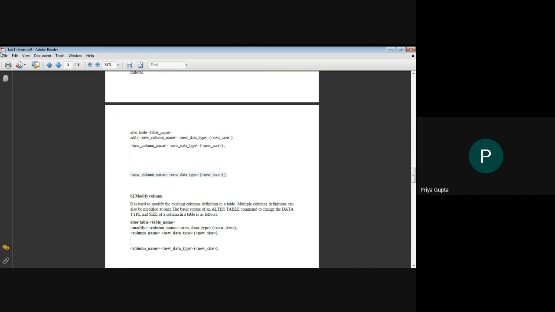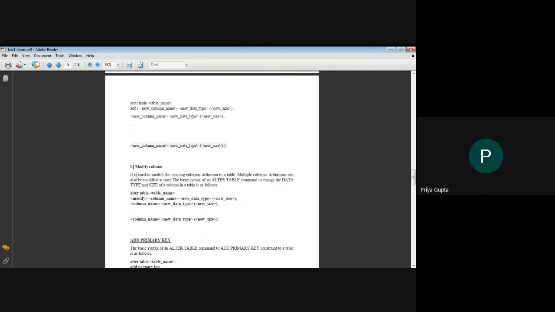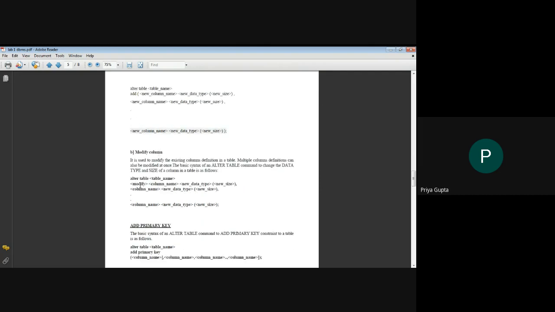Second type is we can modify a particular column. I'm having the middle name and I want the middle name to be renamed as the last name. Then I can use modify column, then I can use alter table. It is used to modify the existing column defined in a table. Multiple column definitions can also be used at once.